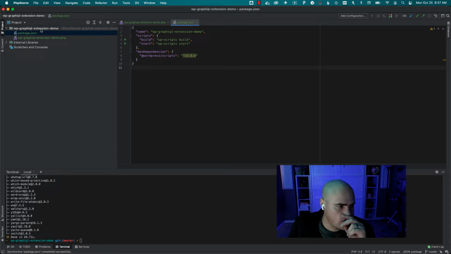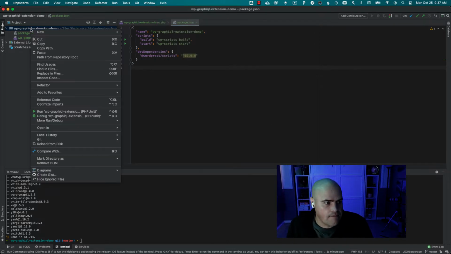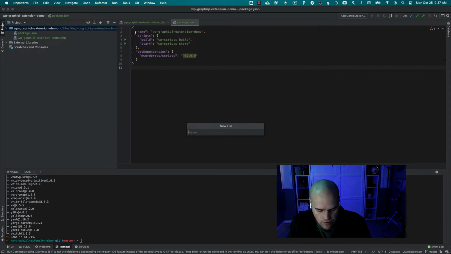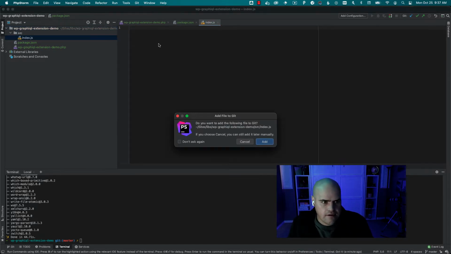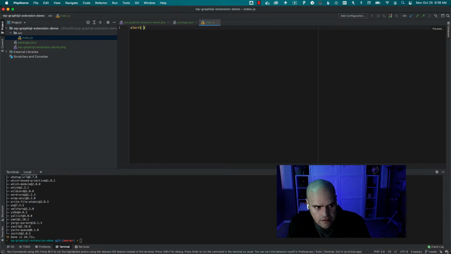So we need to do two more things. We need to create a new webpack config, webpack.config. Actually, we might be able to skip that, maybe. Okay, so I'm going to create a new file. We're going to do it at src/index.js. So this is going to be our entry point, and I'm going to say alert hello. Okay, and now with this file in place, we're going to say yarn build, and I just want to